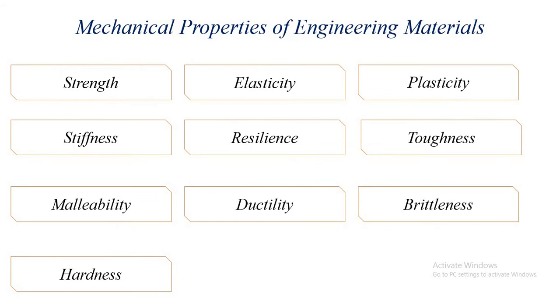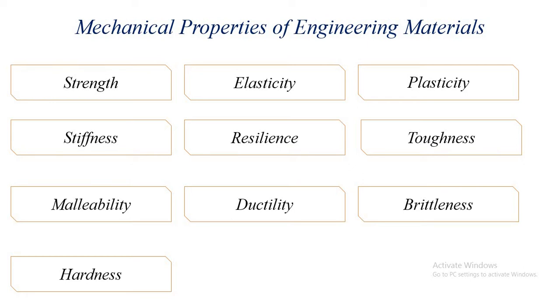Mechanical properties of engineering materials. The mechanical properties of an engineering materials which a design engineer should consider while designing a product or a component are strength, ability of the material to resist without rupture due to external force causing various types of stresses, elasticity, ability of the material to regain its original shape and size once external forces are removed, plasticity, ability of the material to retain its deformation produced under the load on permanent basis, stiffness, ability of the material to resist deformation under the action of external load, resilience, ability of the material to absorb when deformed elastically and release energy when unloaded,